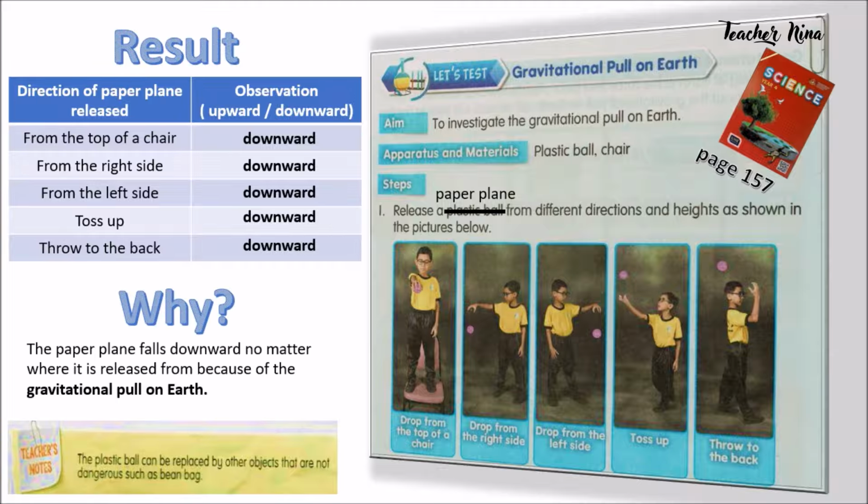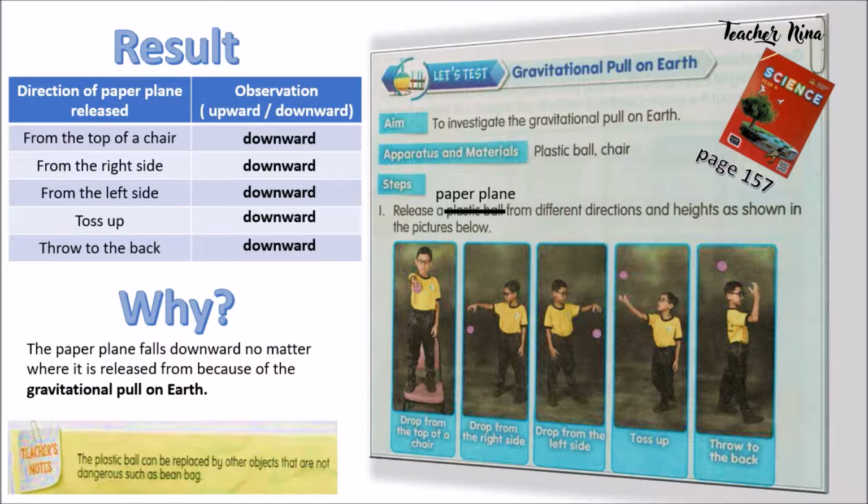Okay, why? The paper plane falls downward no matter where it is released from because of the gravitational pull on Earth. That is what we have been learning,